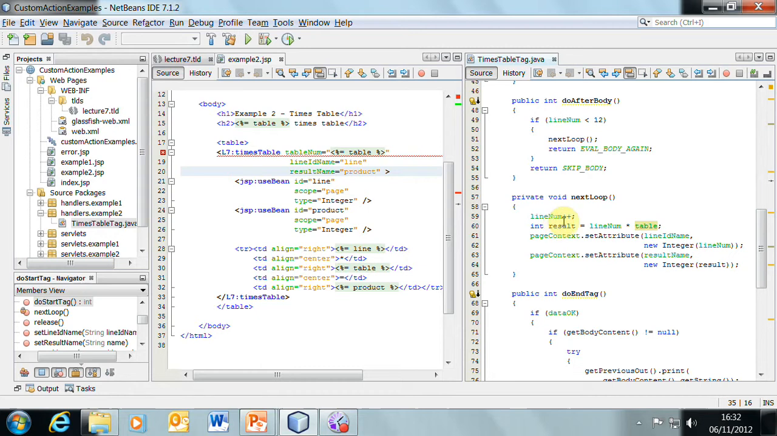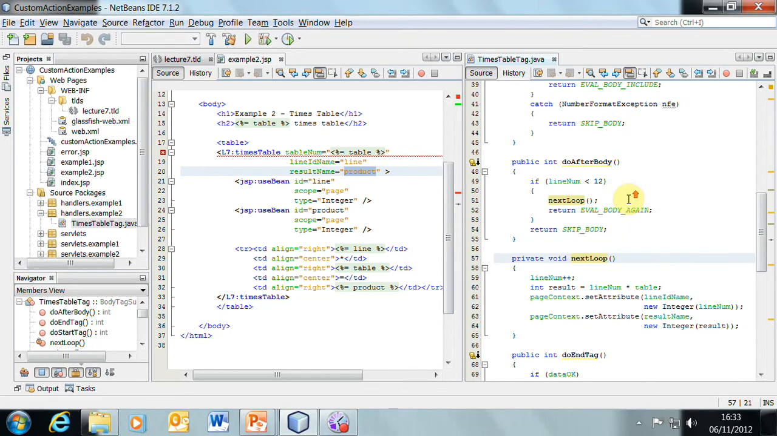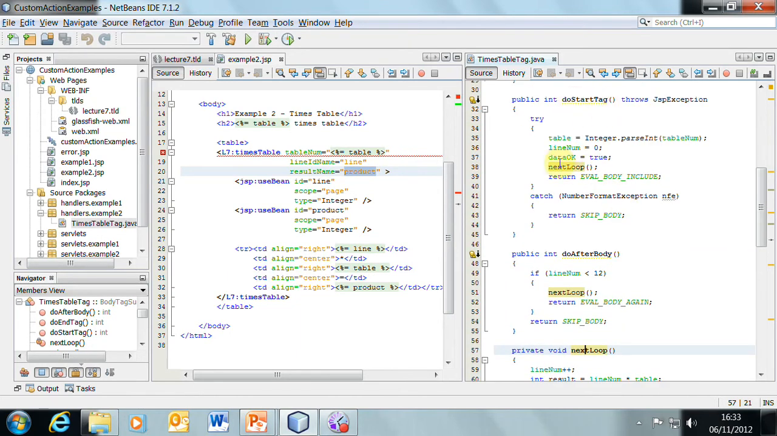Line num is currently 1, so 1 times 5 is 5. Result now has got the value 5. We now need to set up two attributes, one containing whatever name is held in there, which came from here, so that's going to be called line. So line is going to have the value 1, and product is going to be used here and have the value 5. So that having called next loop here, we then come back up to the doStartTag and return